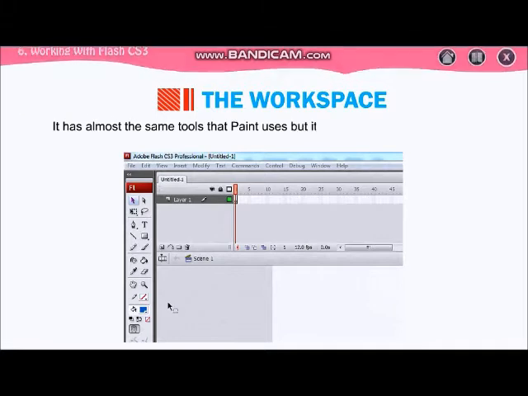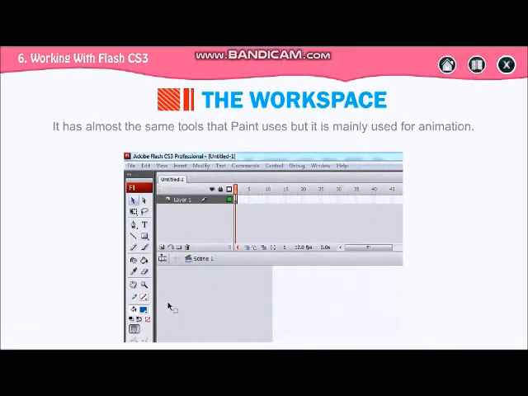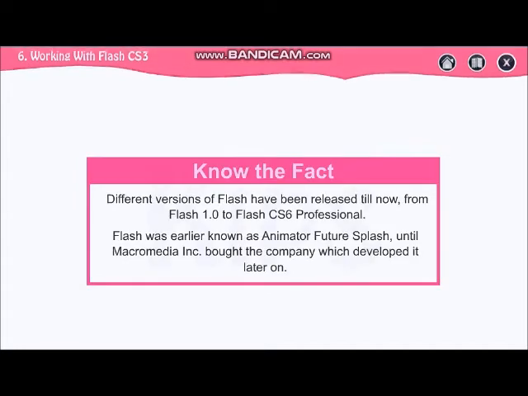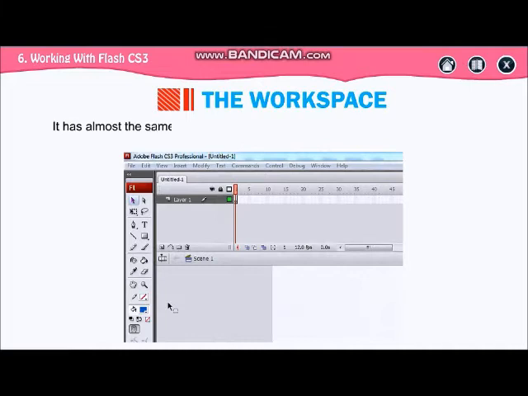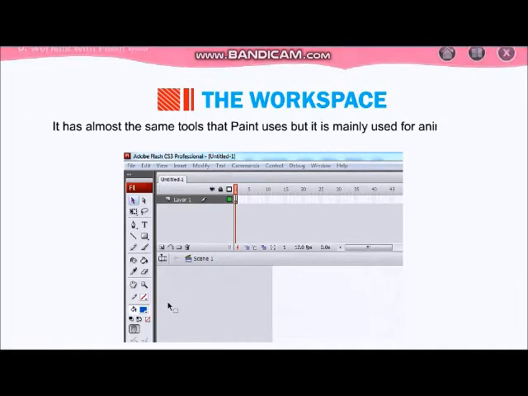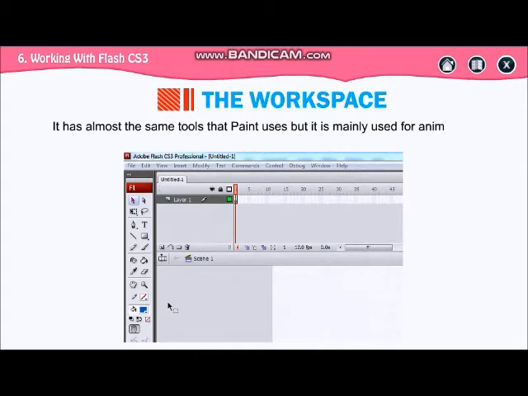It has almost the same tools that Paint uses, but they are mainly used for animation.